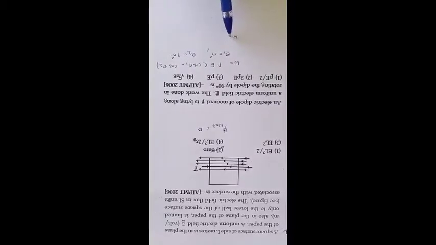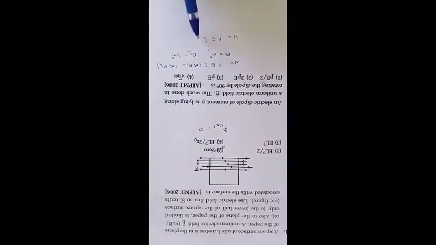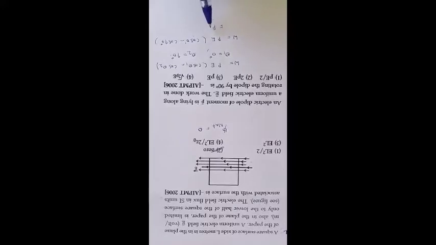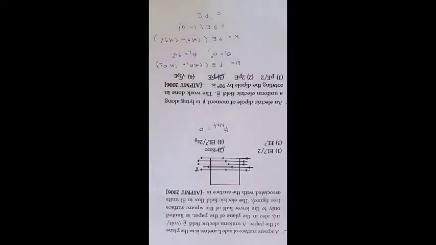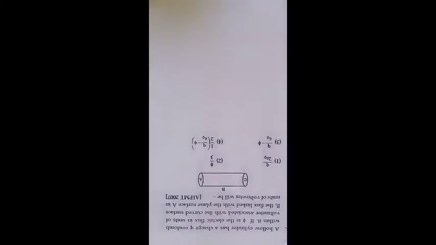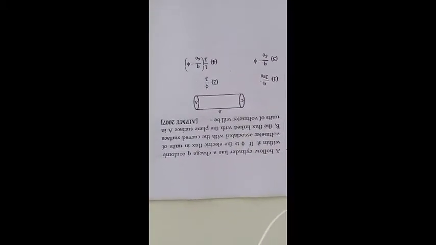So W is equal to how much then? PE into cos 0 minus cos 90. Cos 90 value will be 0, cos 0 value will be 1, so PE into 1 minus 0, this value is equal to PE. Work done to rotate the dipole is equal to PE. Okay. Next, after finishing this, see the third question.